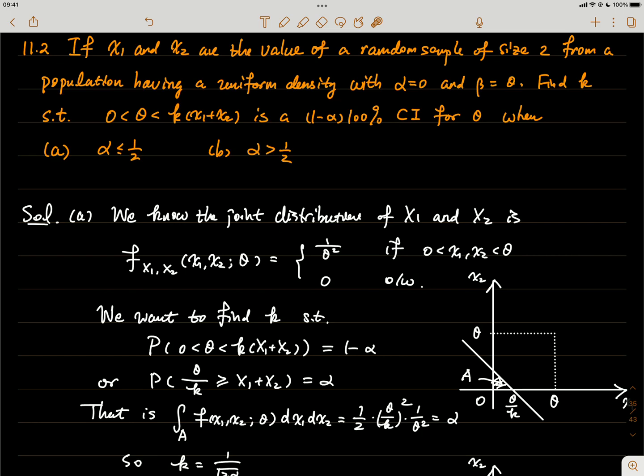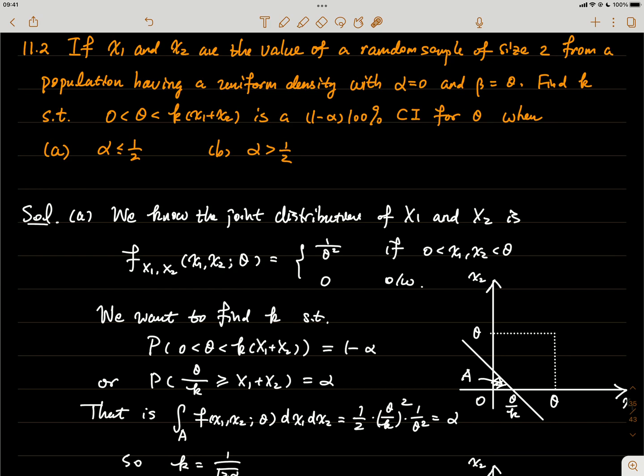Problem 11.2. Suppose x1, x2 are the values of a random sample of size 2 from a population having a uniform density with alpha equal to 0 and beta equal to theta. Theta is some parameter we want to estimate. Now find the value k such that the interval from 0 to k times (x1 plus x2) is a 1 minus alpha